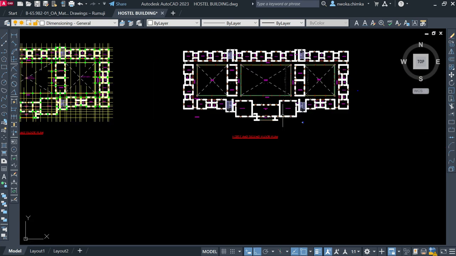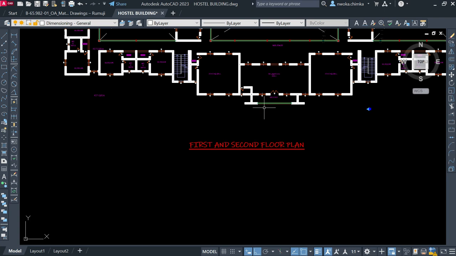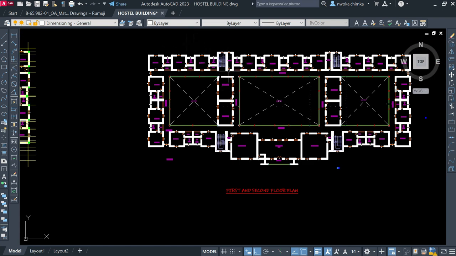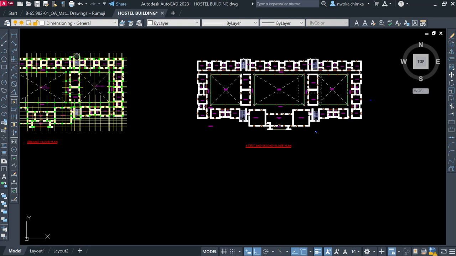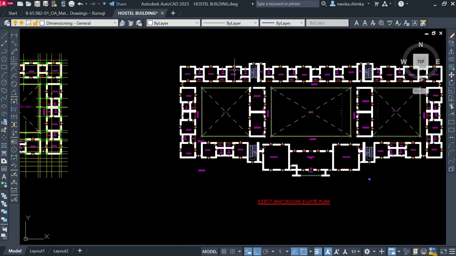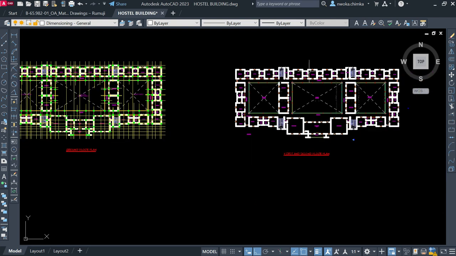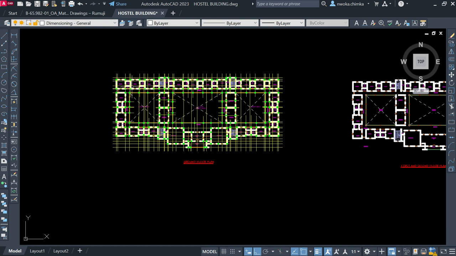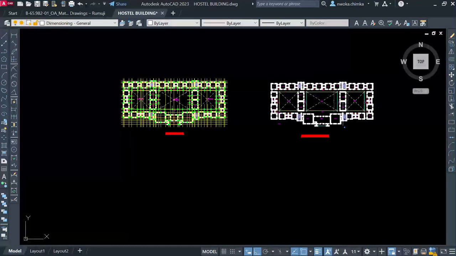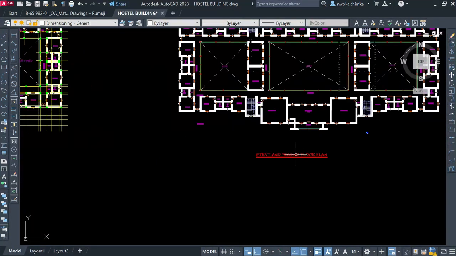superimpose, because right on this place called the first floor and second floor, we are meant to check if these columns that we have put on the ground floor are going to fit into the exact positions on this first floor, or if there is a cantilever, then we cannot know how to handle that area. So we have to copy the columns onto this first floor and second